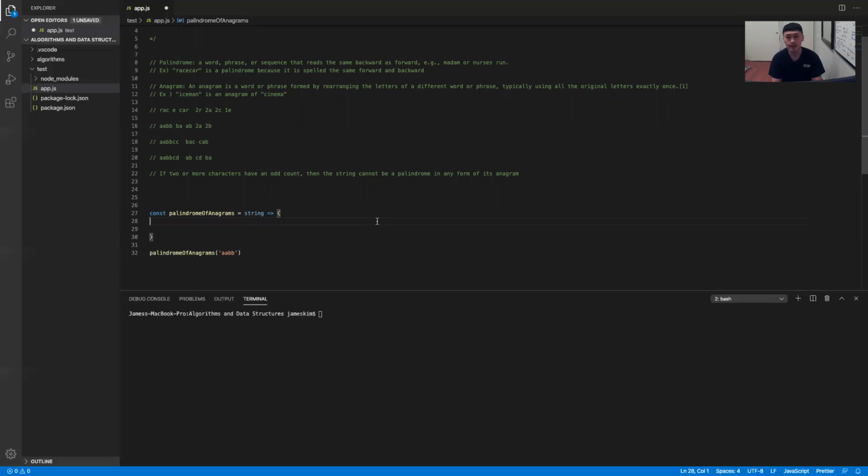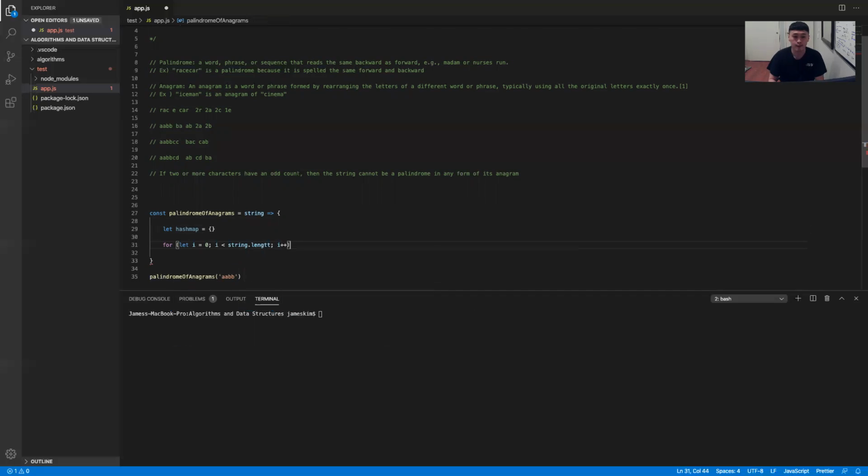We need to utilize a data structure here that can have instantaneous access to the unique characters in the string and also the number of times each occurs in the string. And what's the best data structure to implement this? I would use a hash map, or in other words, an object. So let's do that. The hash map equal to an empty object. And let's loop through the string here. I is less than string dot length,